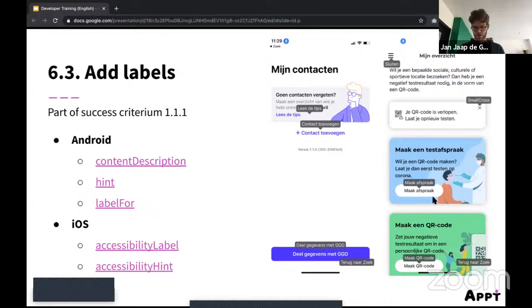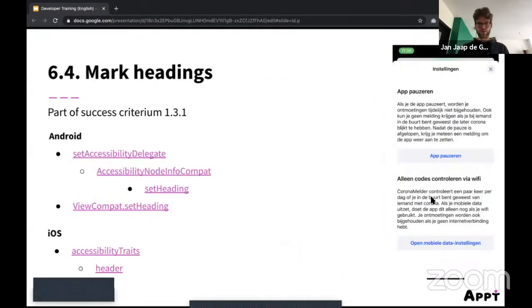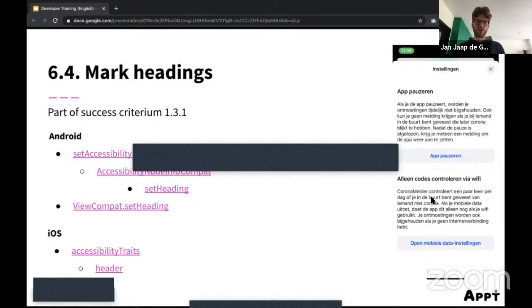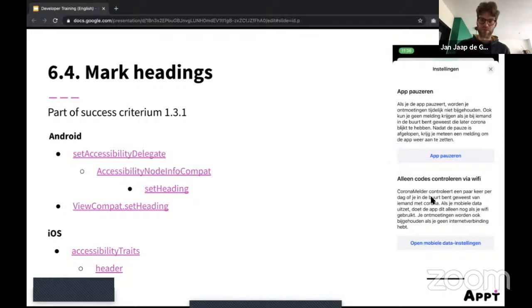One, which means that you have to put information and relationships, make them available also in a programmatic way. So a lot of times headings are bold. So people that are not blind, they can see that certain parts of the app are important, because a lot of times our brain works with scanning, like visually, the content on a screen.